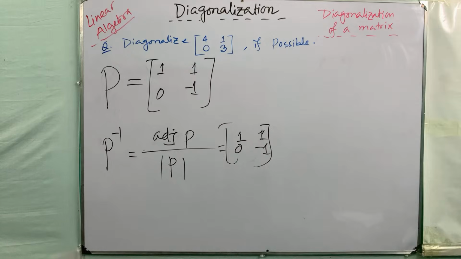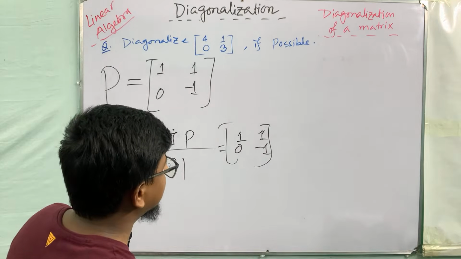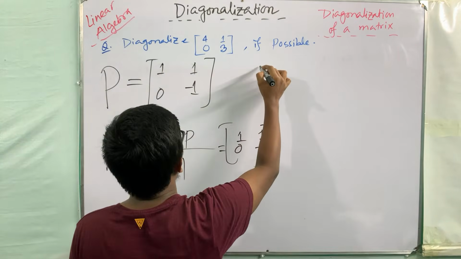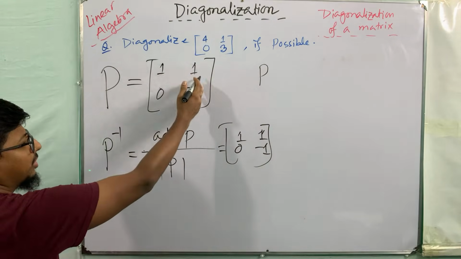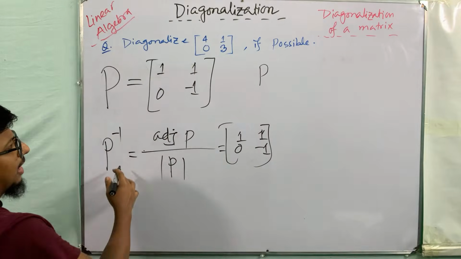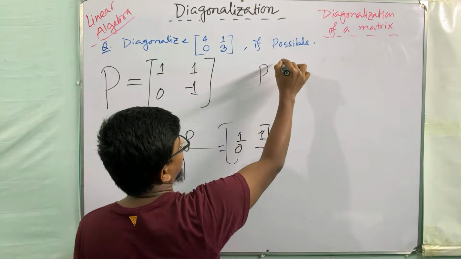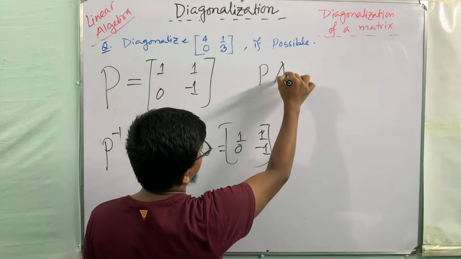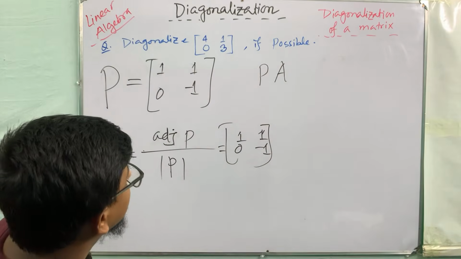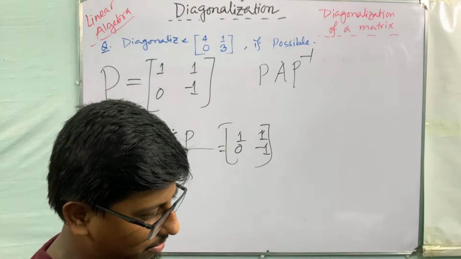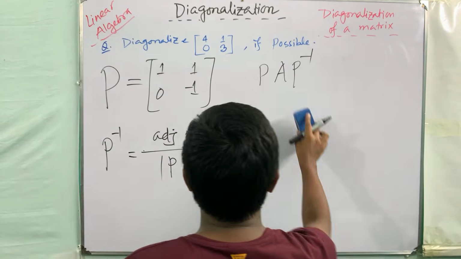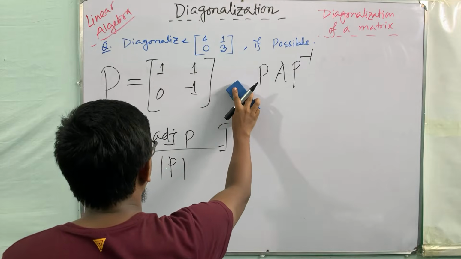আসছে সেটা হচ্ছে P inverse, which is this. Well, now the last step, diagonalization condition হচ্ছে we have this matrix P. কিভাবে তৈরি করছি? এটা হচ্ছে আইগেনভেক্টর দিয়ে, দুইটা আইগেনভেক্টর দিয়ে তৈরি করছি। আর অরিজিনাল ম্যাট্রিক্স হচ্ছে এই যে এটা, ধরো সেটা হচ্ছে, লেটস সে A। হ্যাঁ, আমি শুরুতে মনে এই ধরছিলাম, রাইট? আর এটা হচ্ছে P ইনভার্স A P, এটা হচ্ছে ডায়াগোনালাইজেশনের কন্ডিশন। ডায়াগোনালাইজেশনের কন্ডিশন এইটা হলে ডায়াগোনালাইজ হবে।